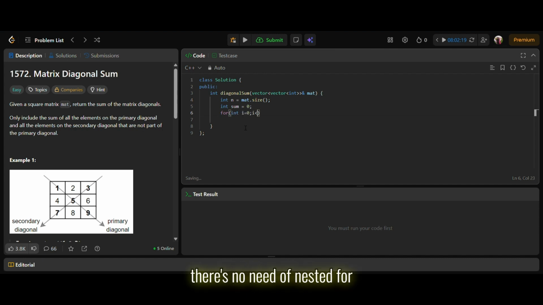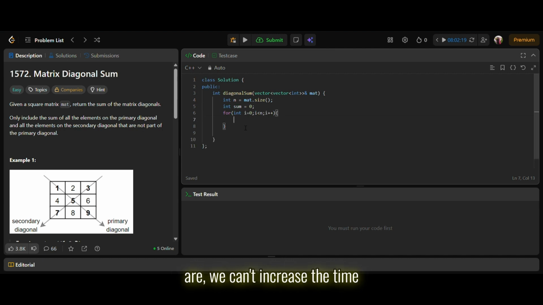There's no need of a nested for loop, as we know what the diagonals are. We can't increase the time complexity. So for the primary diagonal, it's very clear that the indices would be I and I. Okay, the indices would be same. So sum plus equal to mat[I][I]. Okay, and for the secondary diagonal,